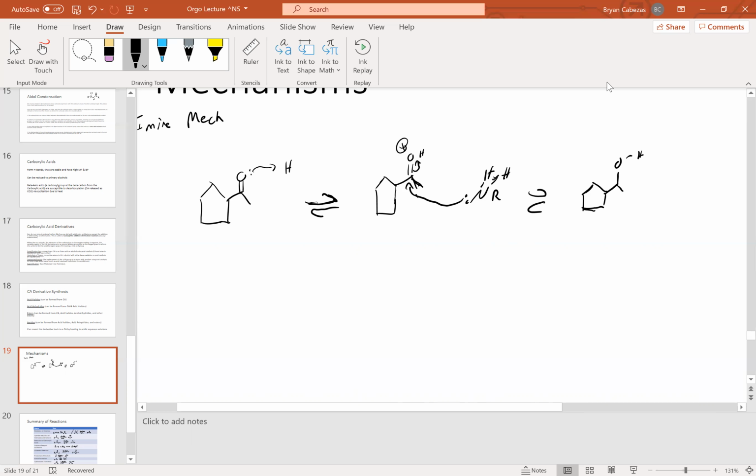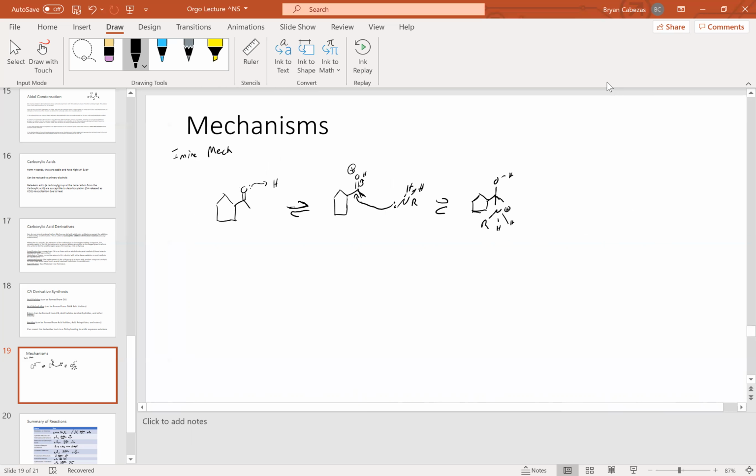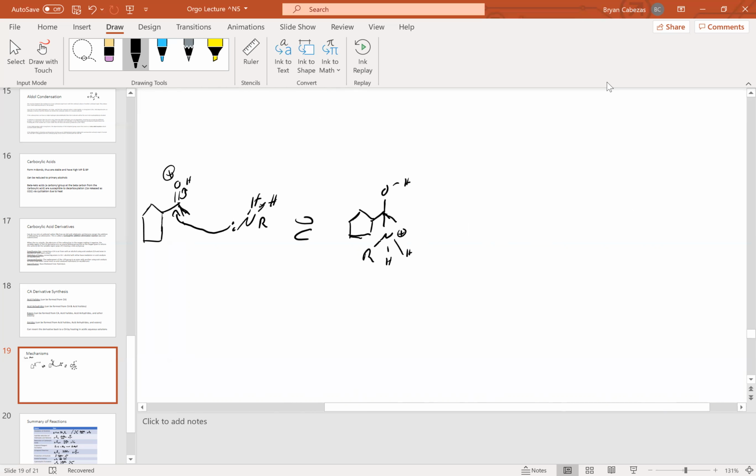charge anymore. What we're going to have is, start off with methyl, we start with the cyclopentane over here, and we're going to have our nitrogen group attached to it, an R group, another hydrogen, and another hydrogen. There are 4 bonds to this nitrogen, but that's more bonds than nitrogen prefers, so it's going to have a positive charge, right? Next, what we're going to have is the removal of one of the hydrogens from the